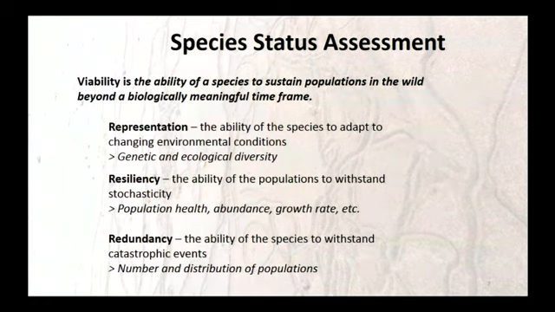So the Service put together these training documents and these guidance documents to try to train all of their biologists on how to do this stuff. This is a new approach to decision making for the Service. They used to do these things called 5-factor analyses, where they go through a set of factors and assess whether or not they're affecting the species, and then they go ahead and make a decision as to whether or not to list it. This is a new paradigm where we had to write guidance documents and get those out to the Service and then start working on how to train the field biologists on how to do this stuff.